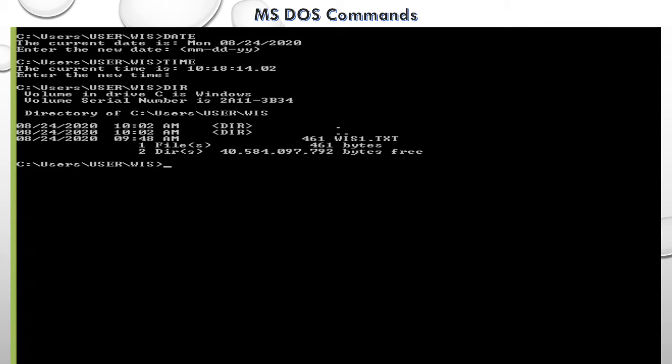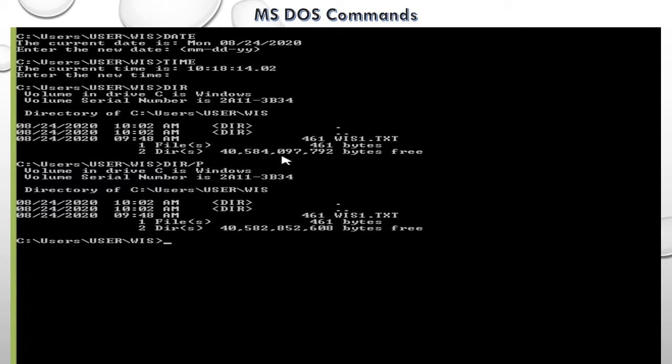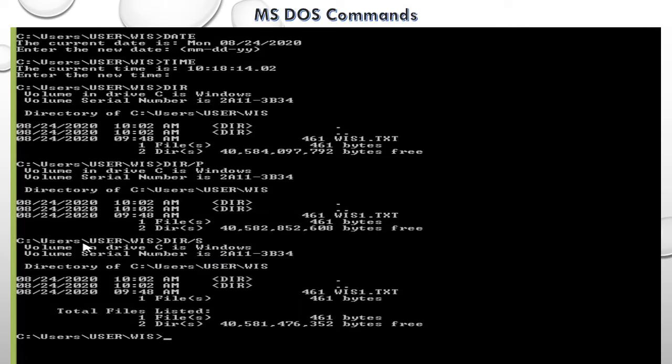dir/p. This command displays directories page-wise. If more directories or files are there, it will ask you to press any key to continue, like this. Next, dir/s. It displays all directories and subdirectories in a specified path, like this.